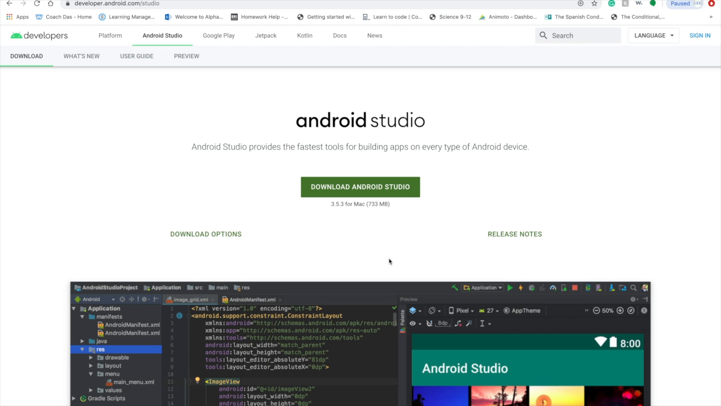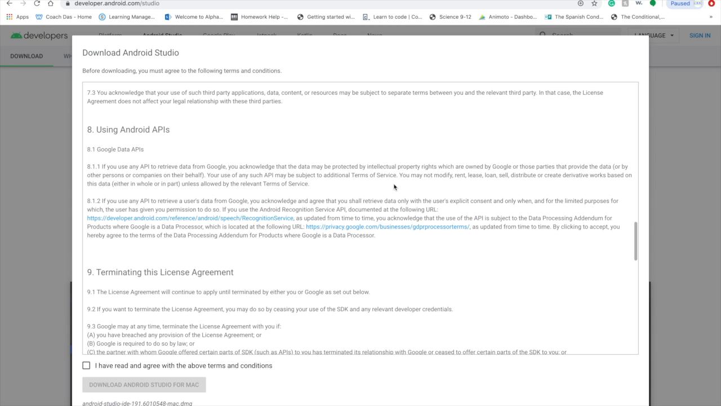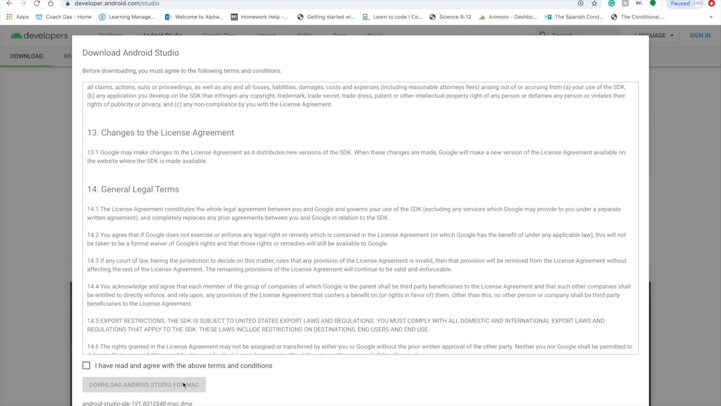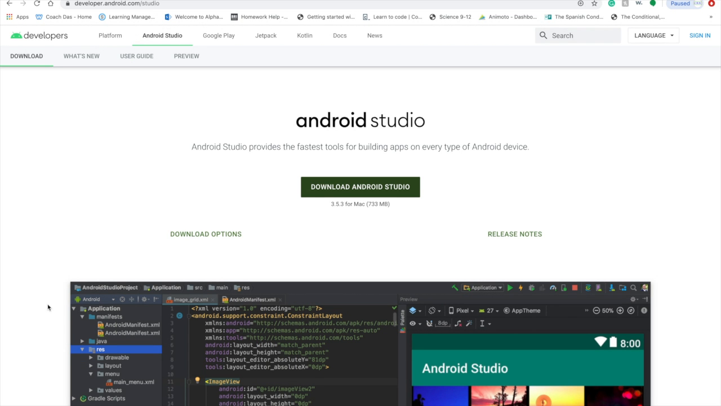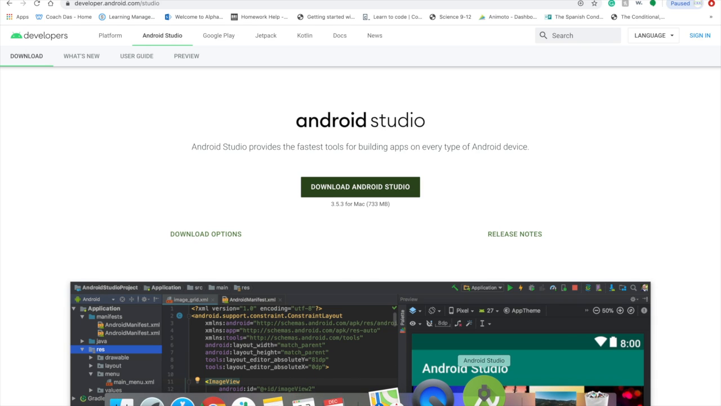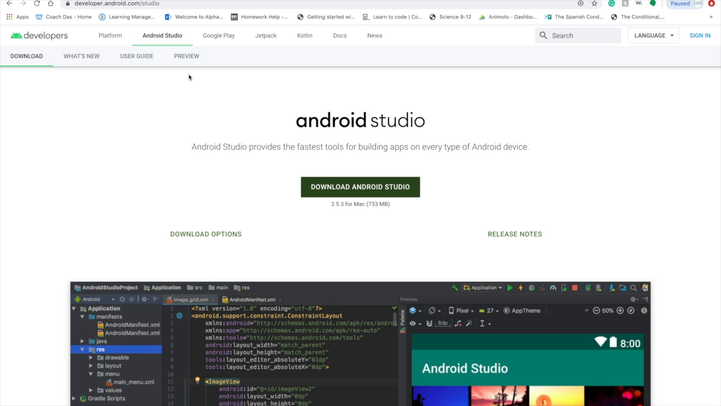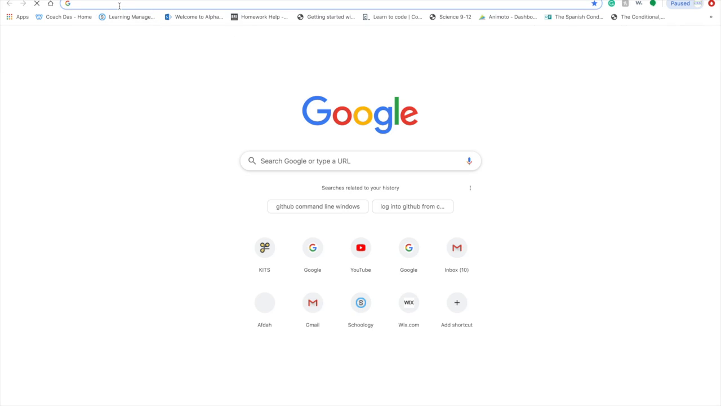Let that load. Once you download it, go through the steps, which are super simple. After you download it, just let your application be. And as this is downloading, I want you to go to